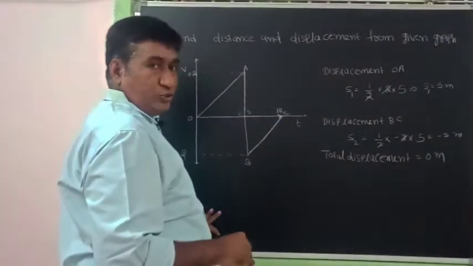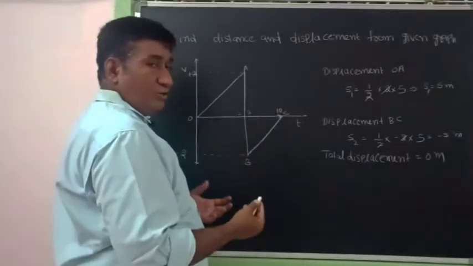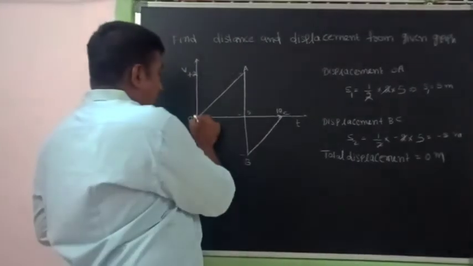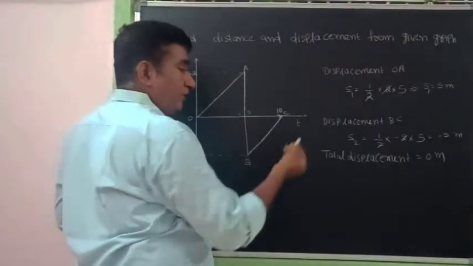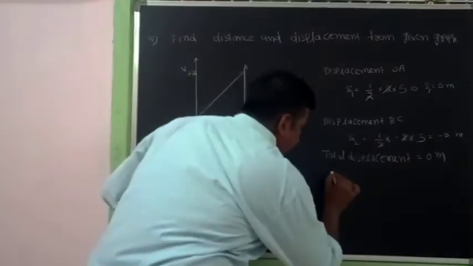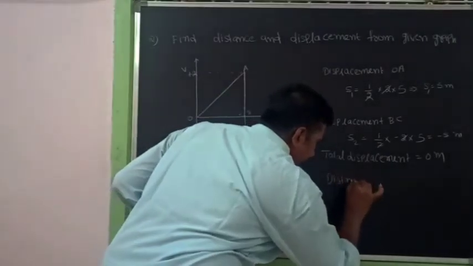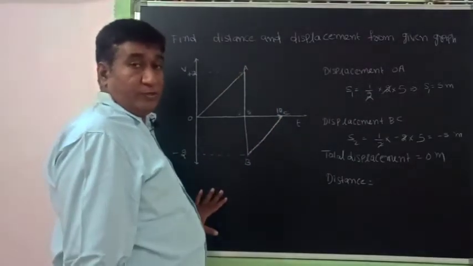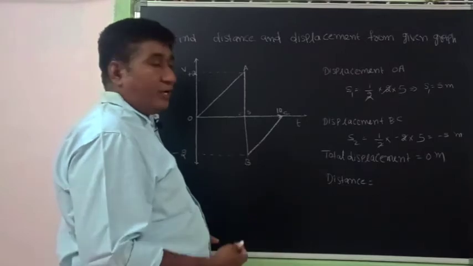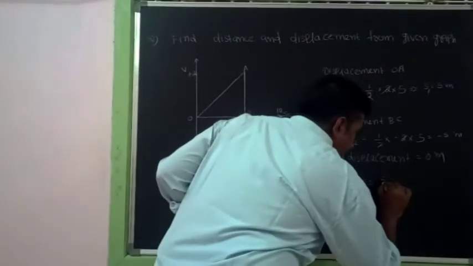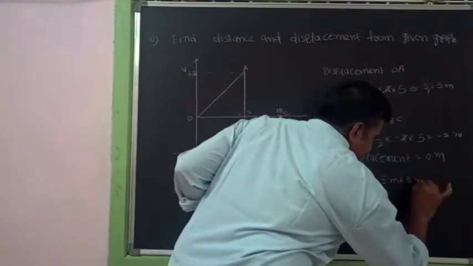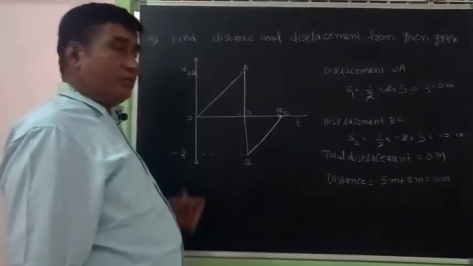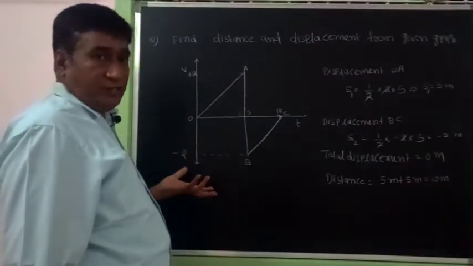This is one-dimensional motion, so it is a little difficult to understand, because the graph is given in terms of velocity and time. If you consider the area for this, it will be 0. Then what about distance? Distance is a scalar quantity, so irrespective of direction, we can add. From O to A is 5 meters plus 5 meters, which is 10 meters, so that is the answer. In the same way, for the previous example also, you can find distance.